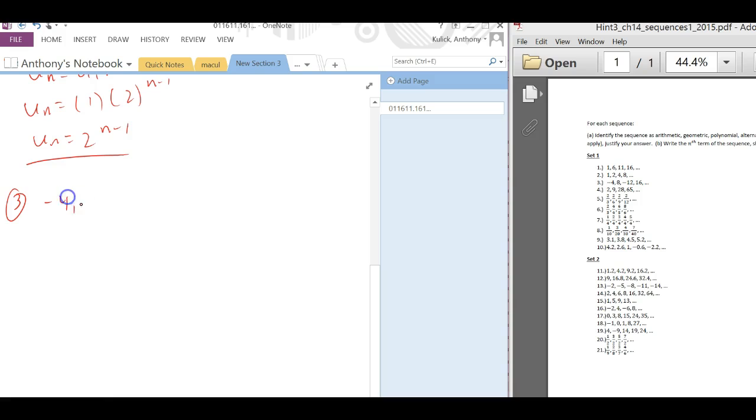So 3: -4, 8, -12, 16. If I notice here, I have signs that are alternating from one to the other. Well, looks like an alternating sequence to me, especially since we're not multiplying by a constant, right? If I multiply by -2, it doesn't work. So, since it's alternating, I'm going to think about this as